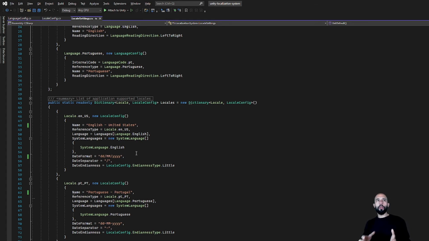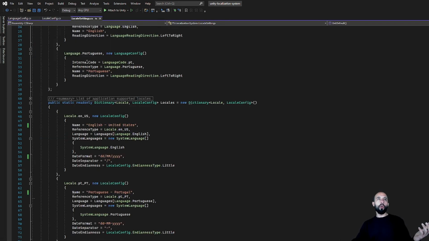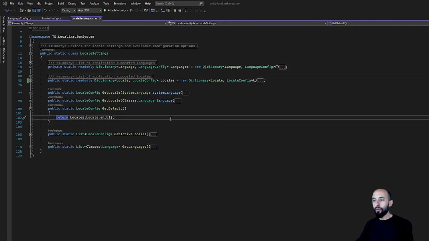Yeah, but I think that will be the next step to extend this system, instead of having to do all this manual work of adding the stuff here in these enums, adding the stuff here, adding all this. I could have some assets already prepared for all the languages and all the locales, and when you add the CSV, everything will be generated automatically for you. But that will be in the future. And so this is it. Now the system is